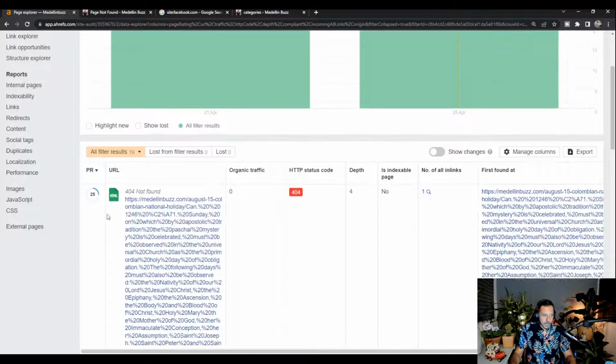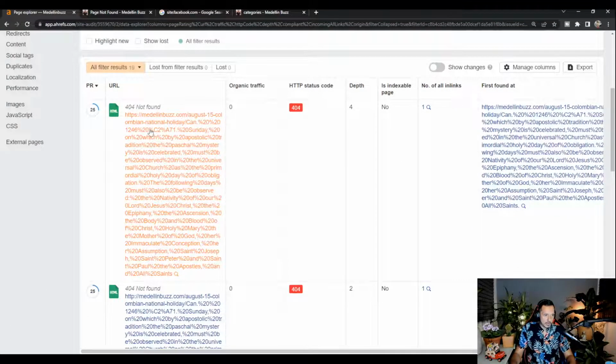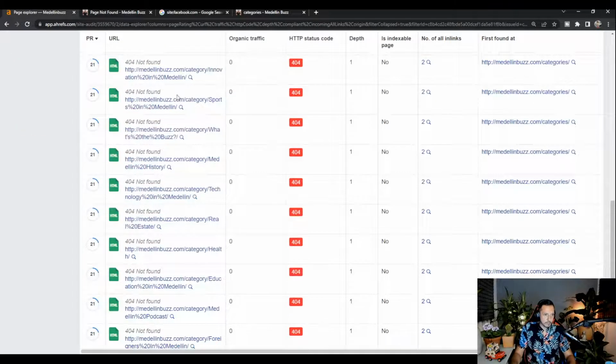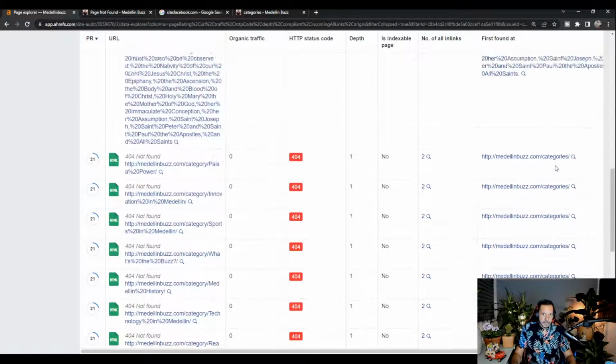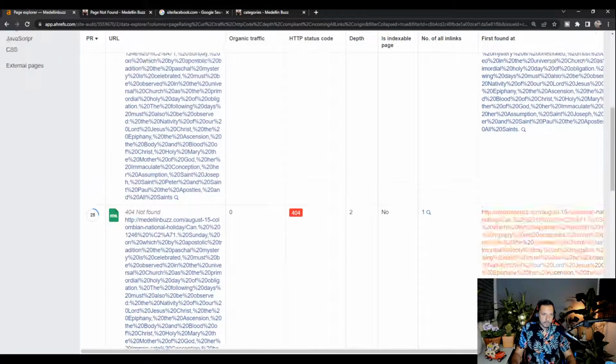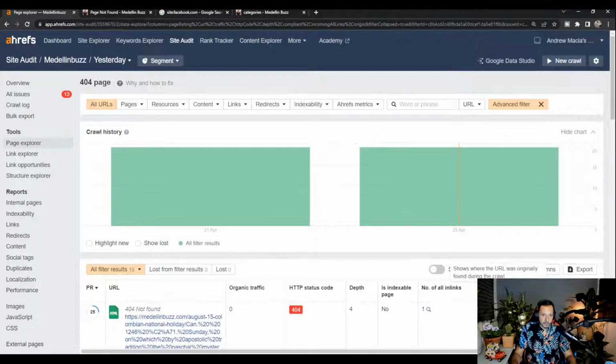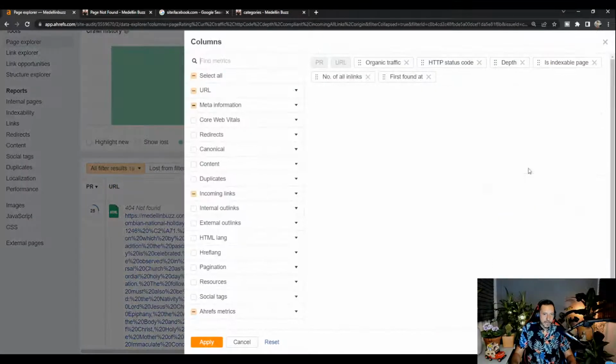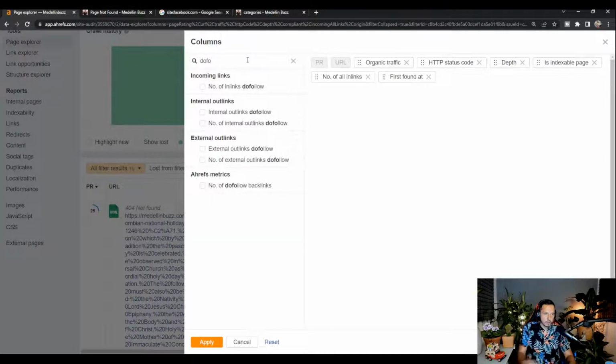See how the URL is here. That's not found, right? Like the category page, and then where it was found here on this first found at. So here I want to manage columns, and I want to type in do follow. And I want to create a column there that tells me how many backlinks each URL that is broken has